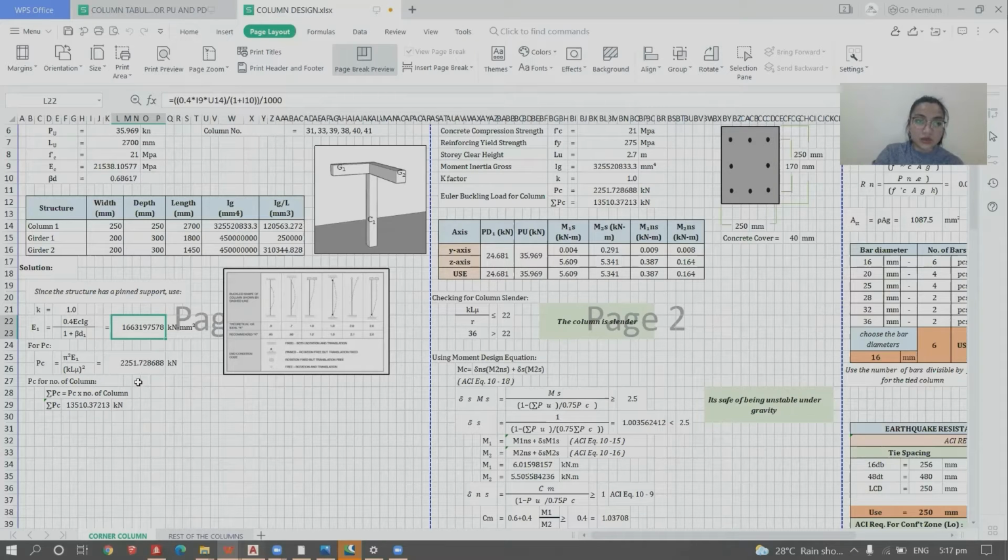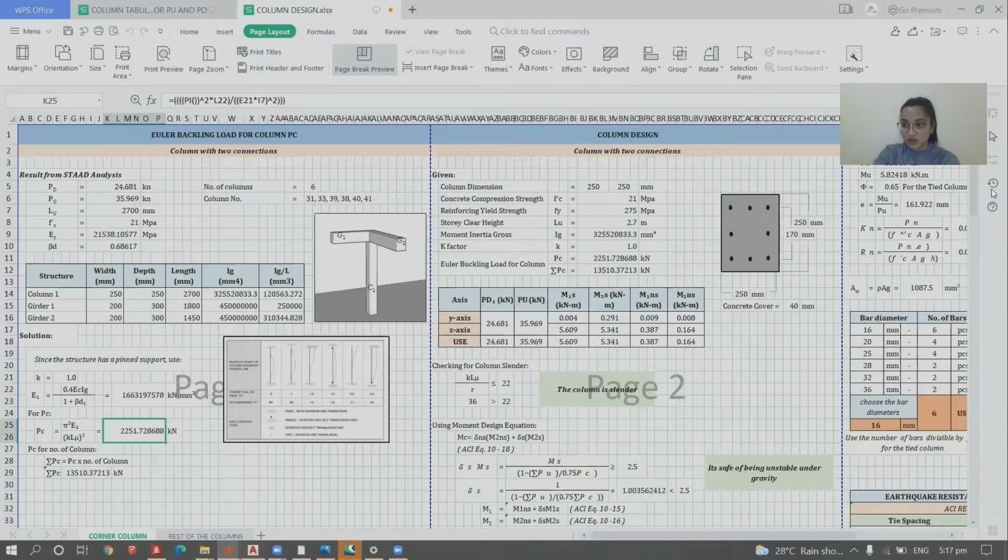is equals 2251.7286888 kilonewton. For the summation of PC, we just multiply it by the number of columns, which is 6 in total. So we have 13,510.3721 kilonewton. Then now let's proceed to column designs, column with two connections, since these are